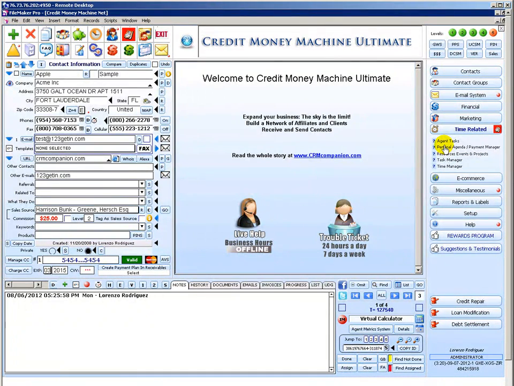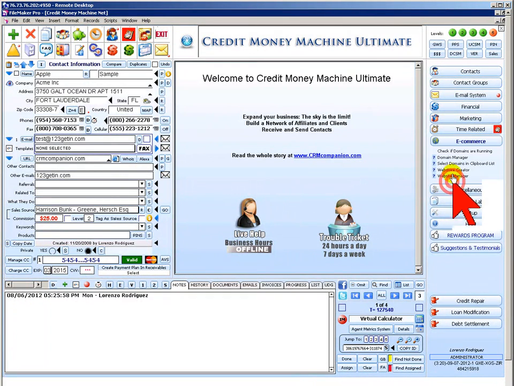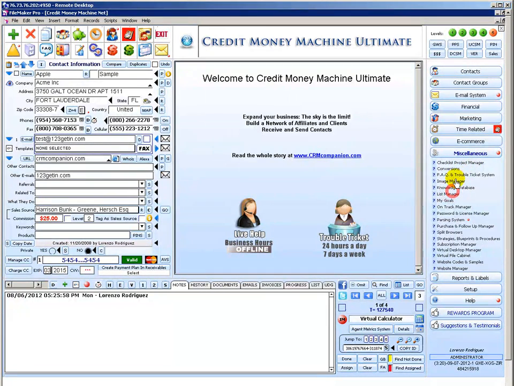So again, we have a line of credit repair software that your business will never outgrow. You can see here time manager, resources, events and projects, e-commerce, domain manager, web store creator, website manager. We have FAQ and troubleshoot ticket system, image manager, knowledge database, list manager, goals, on track manager, passwords and license manager, very important, purchase and follow-up manager, strategy, blueprints and procedures, subscription manager, visual desktop, visual file cabinet, etc. All these design and everything in between, visual calculator, matrix analyzer. We have everything that you can imagine to control and manage with a few clicks,